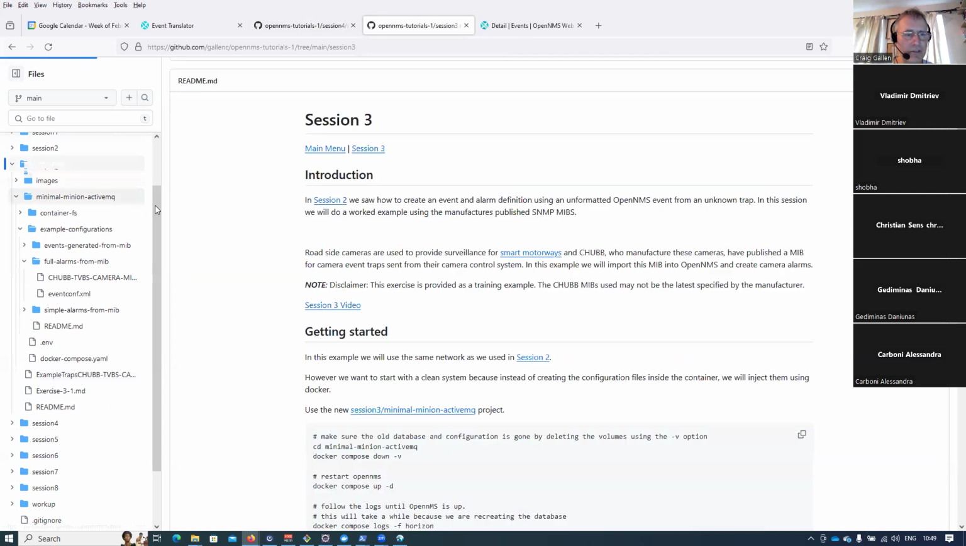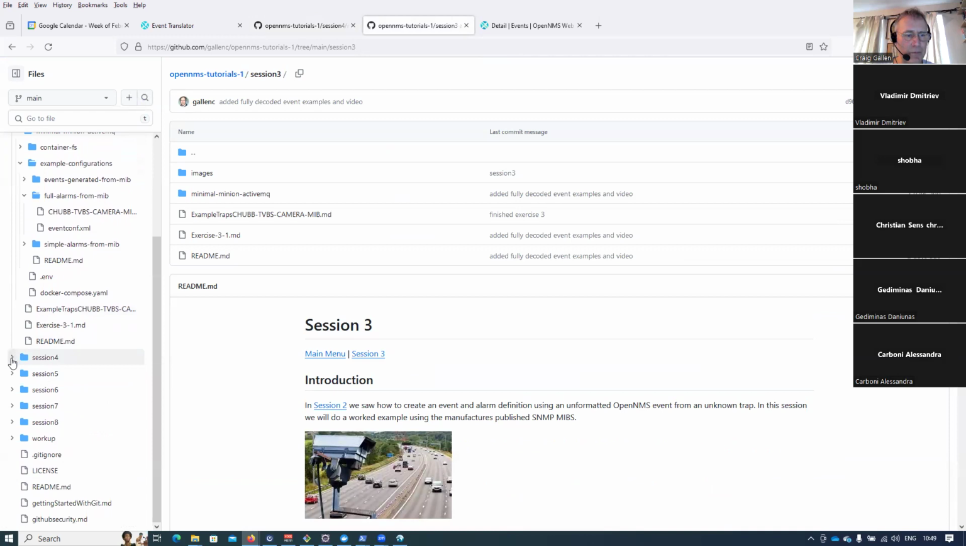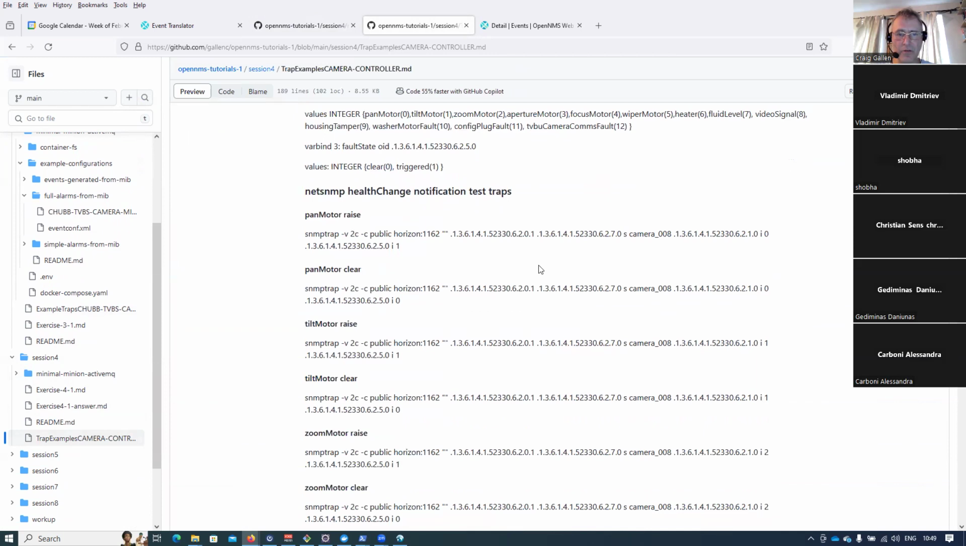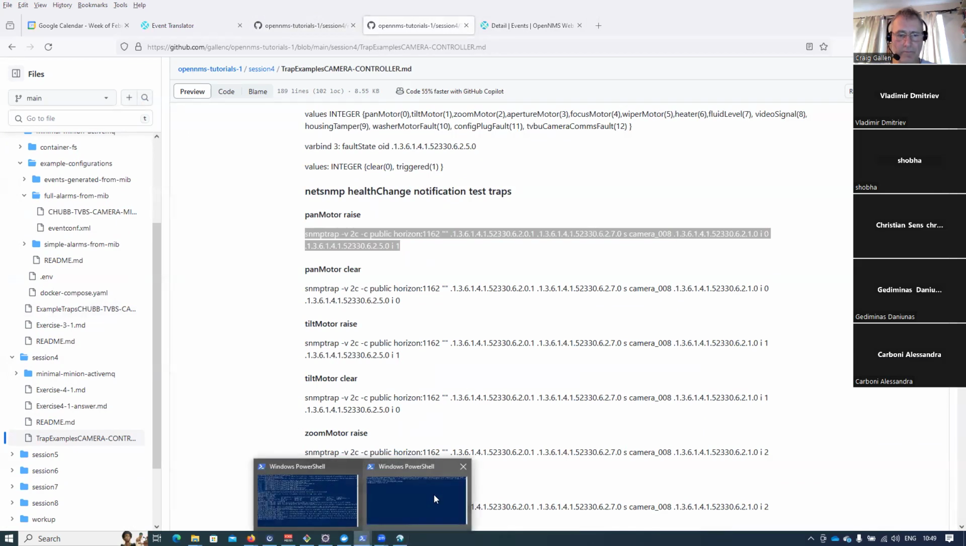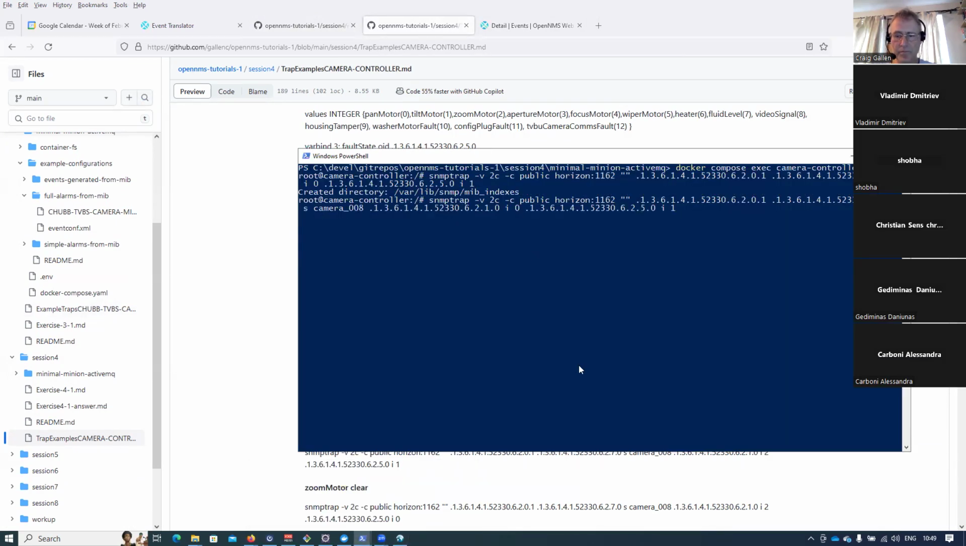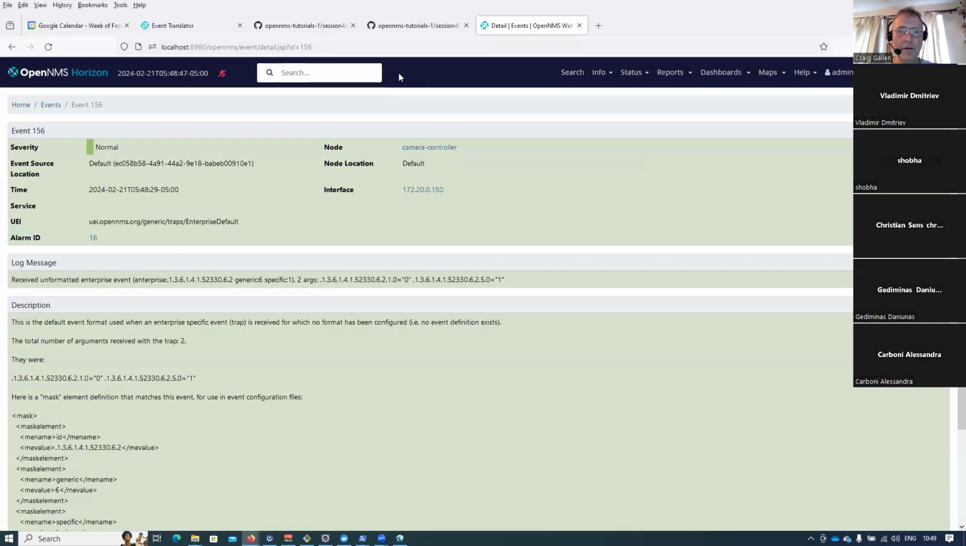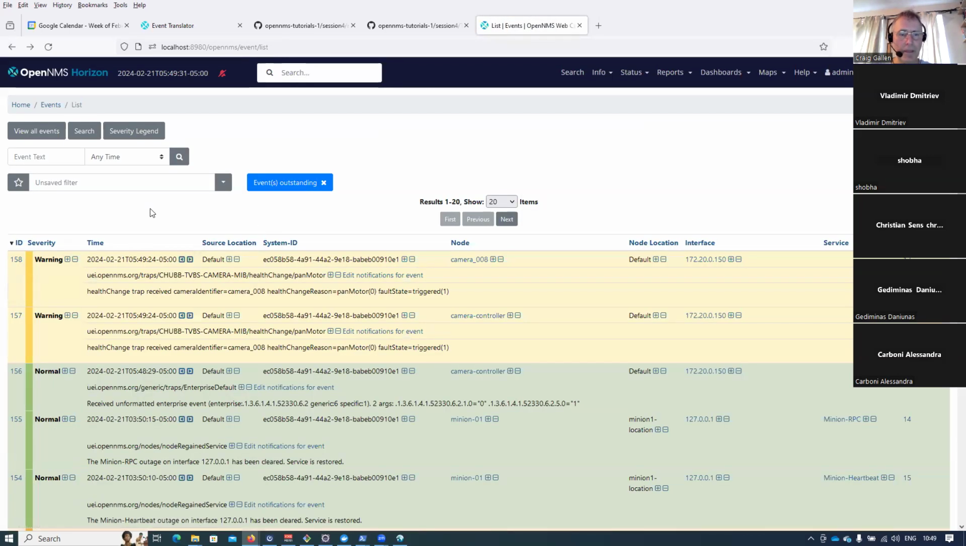Probably because I'm using the session 3 traps. The session 4 traps have changed. Remember, there's the camera controller traps. So if I use this one, then see if we can get this right. There we go. Okay. Now you'll notice that we do actually have an event against the camera controller, and there's